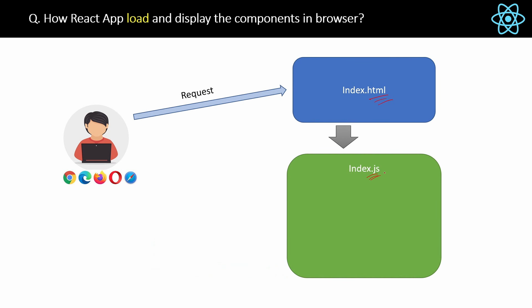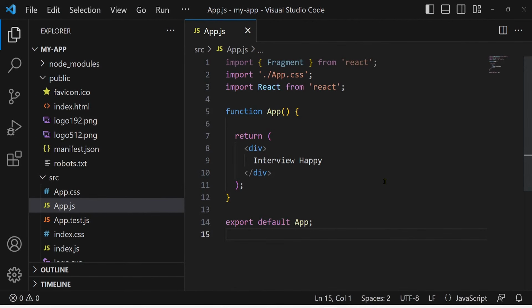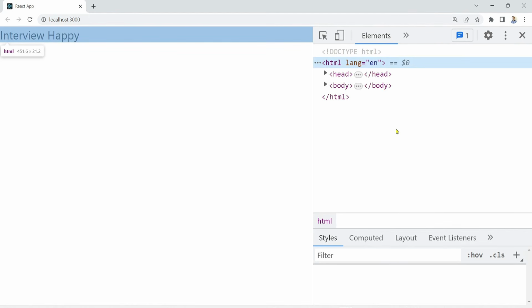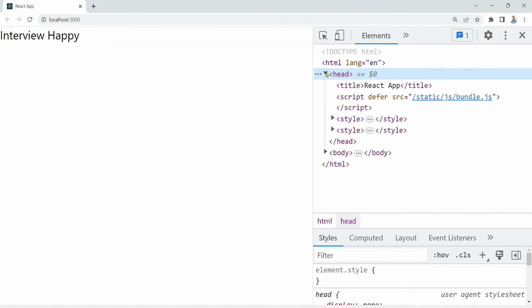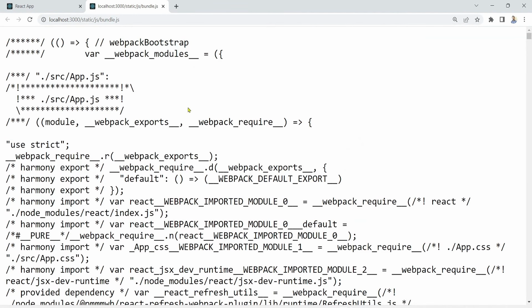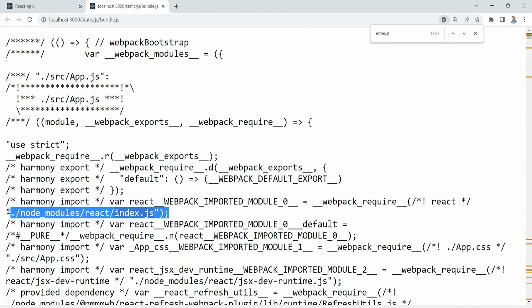So if I go to the VS Code, okay, and now as the application is already running, go to the browser. Okay, now if you right click and inspect here and expand this head and scroll down, here you will find the bundle.js file, okay, which is loaded by the React library. Now if you right click and open this link in a new tab like this, and here you search the index.js file, then see, index.js file is automatically loaded with the help of the node modules folder. Okay,